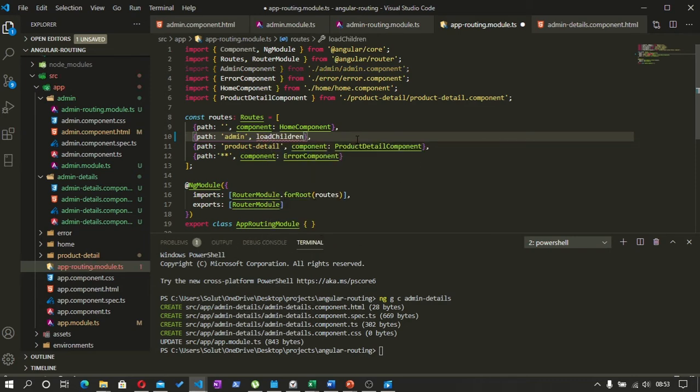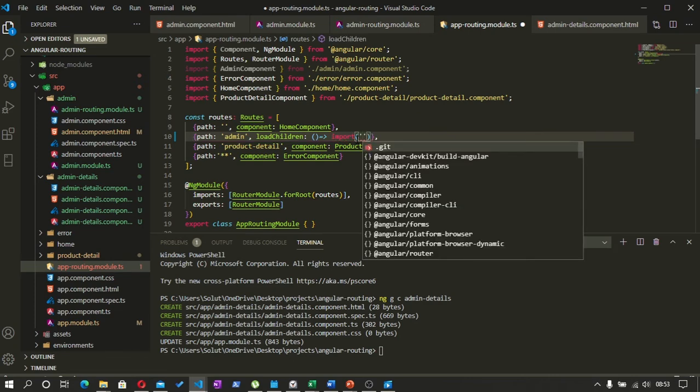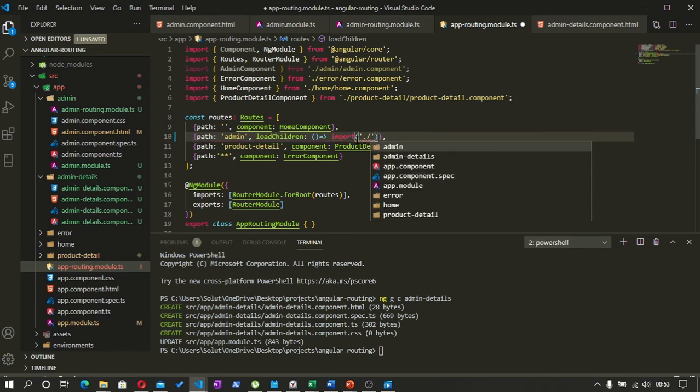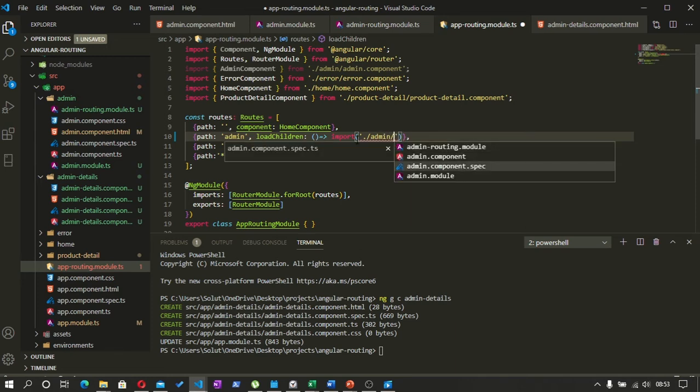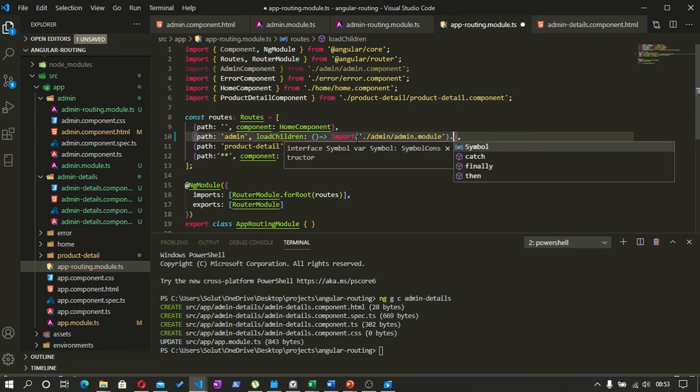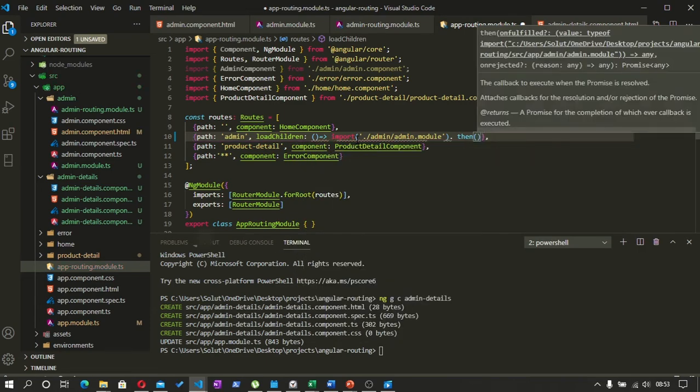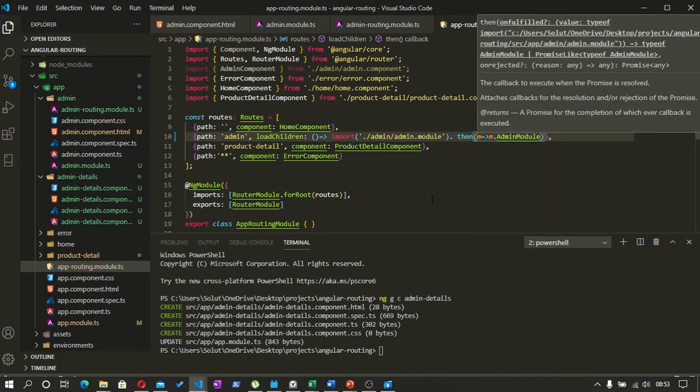So you need to say load children. It's a function. Import. We need to direct it to where the module actually is. So we're going to admin module. Then what you get back, return the admin module basically. So once that is done, we now go back to the admin routing module,